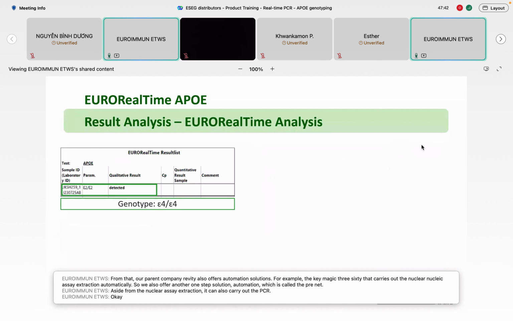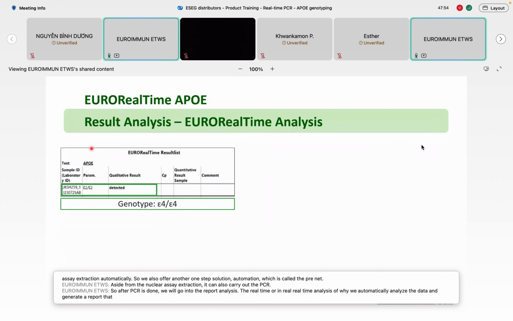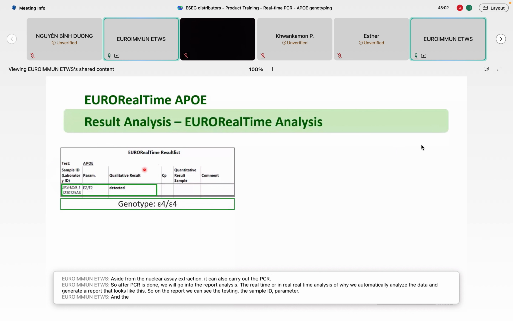After PCR is done, we will go into the report analysis. The real-time analysis software will automatically analyze the data and generate a report that looks like this. On the report, we can see the test name, the sample ID, parameter, and the qualitative result. So in this case,